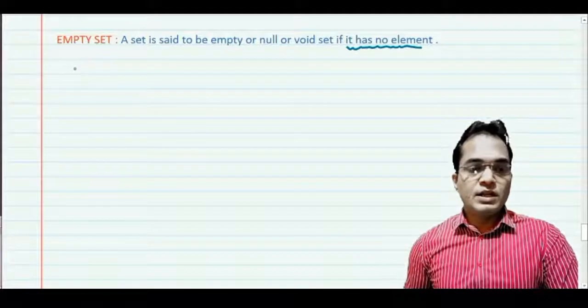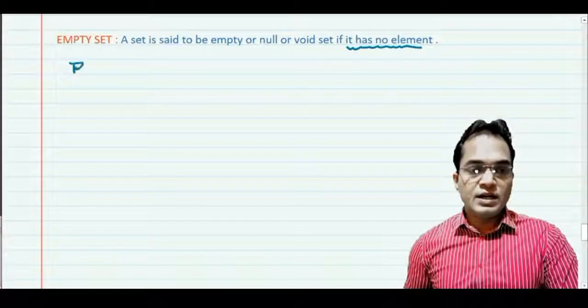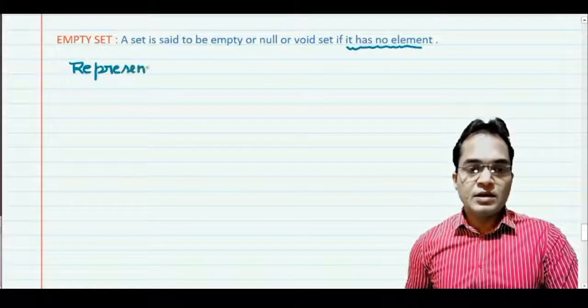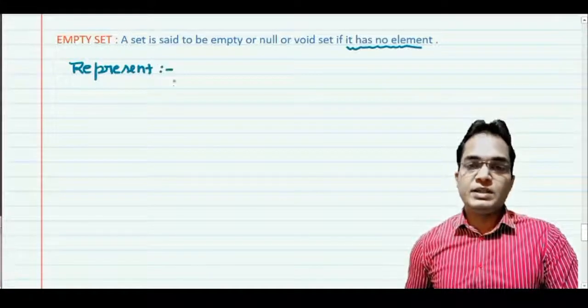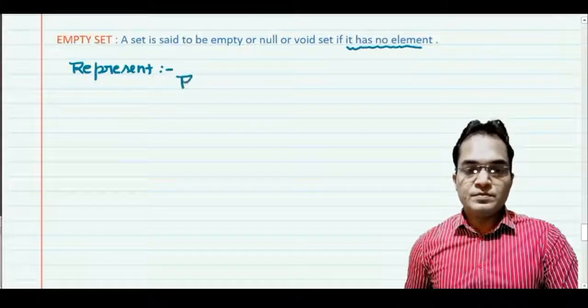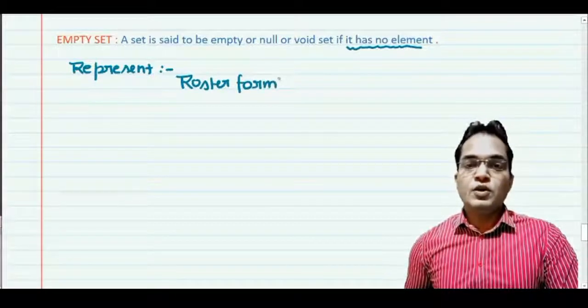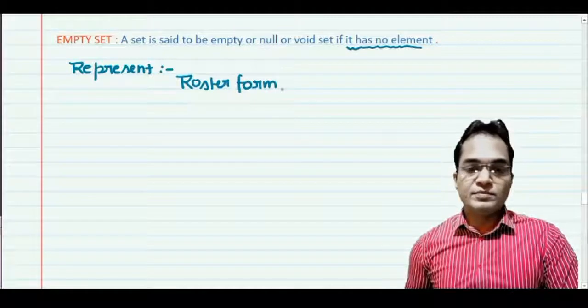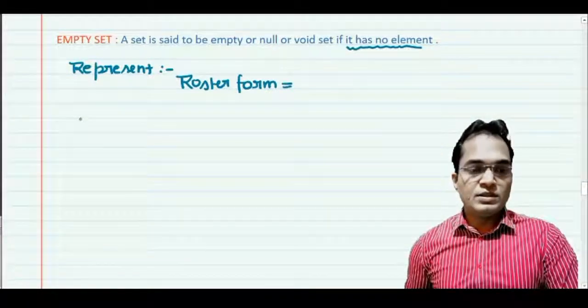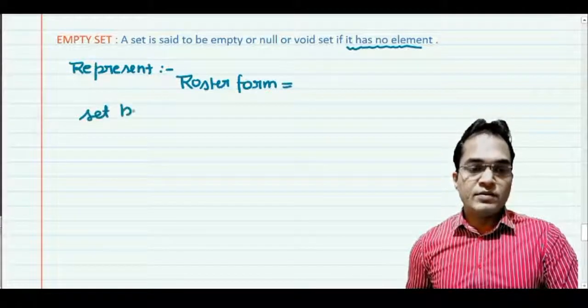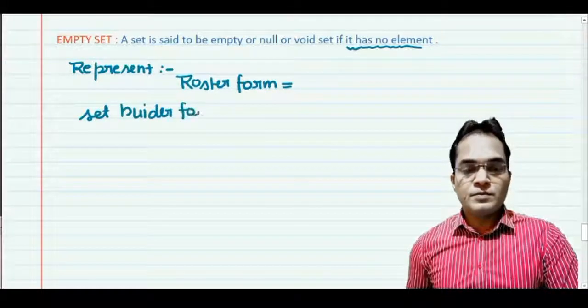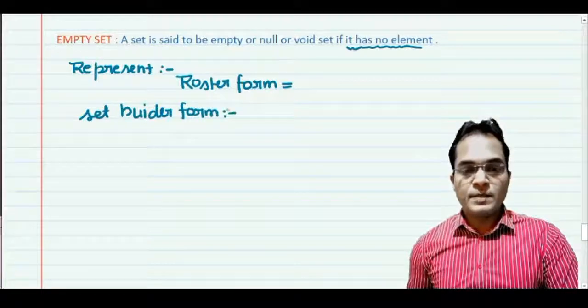Then how do we represent the empty set, in the roster form or in the set builder form? These two questions arise.